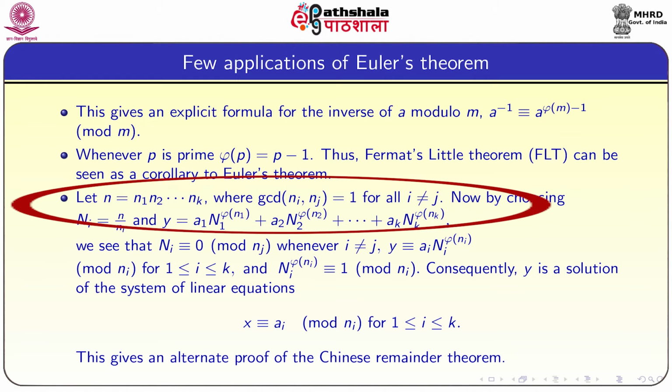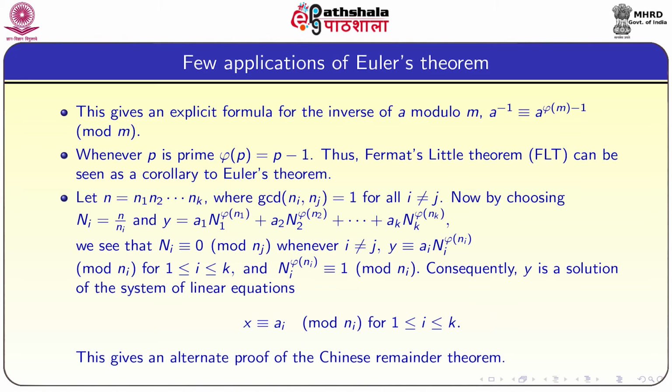Let n = n1 n2 ... nk, where GCD(ni, nj) = 1 for all i not equal to j. Now, by choosing capital Ni = n / ni and y = a1 N1^φ(n1) + a2 N2^φ(n2) + ... + ak Nk^φ(nk),